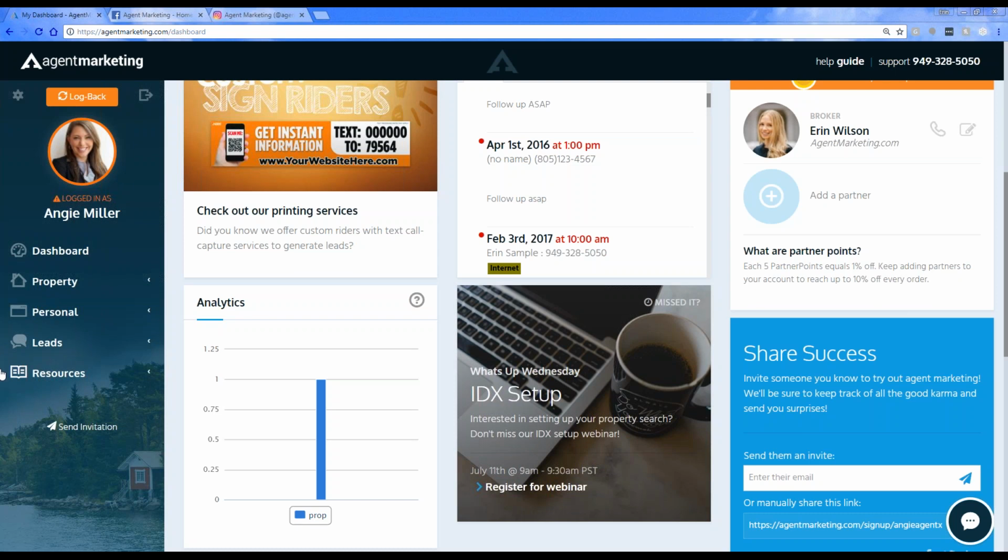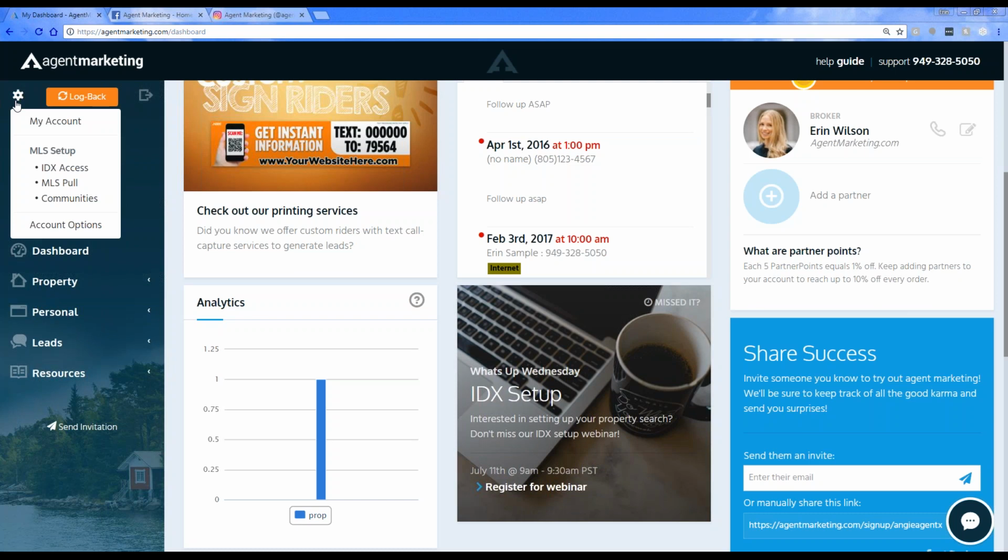So I'm going to show you all those different features, how to get it all set up and whatnot. To get started, you'll need to make sure that you're logged into your agent marketing account. You're going to want to go to this little gear icon here in the top left-hand corner. When you click on the gear, it's going to give you a drop-down and you're going to go to